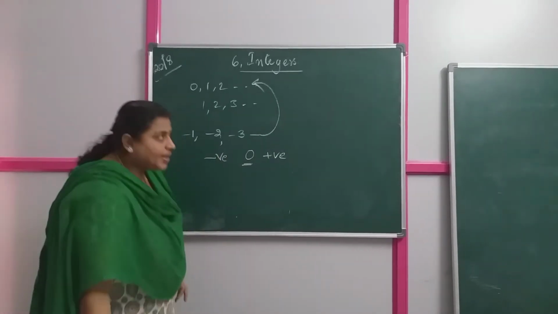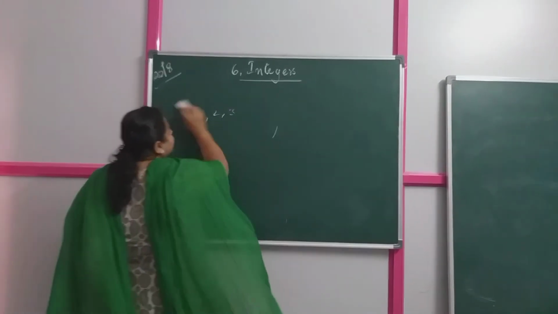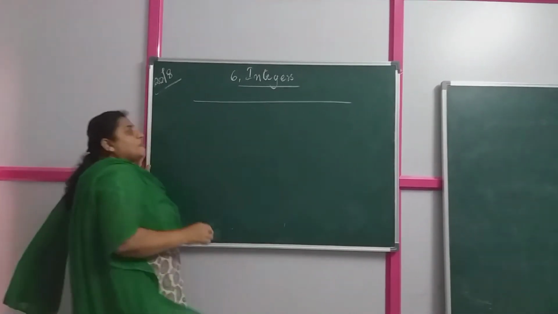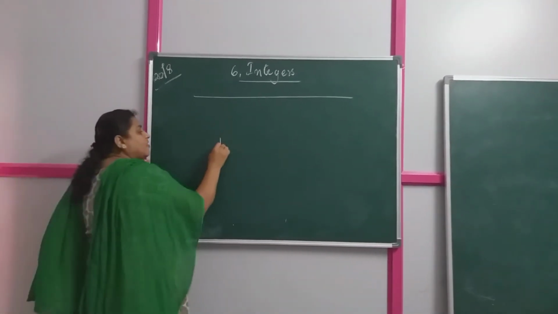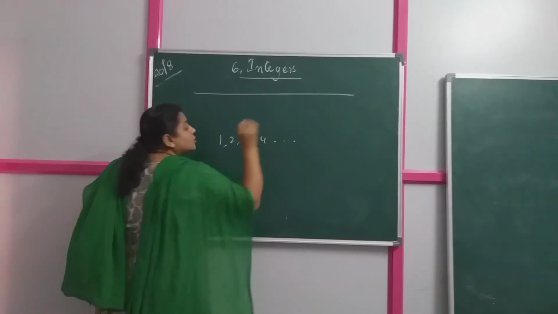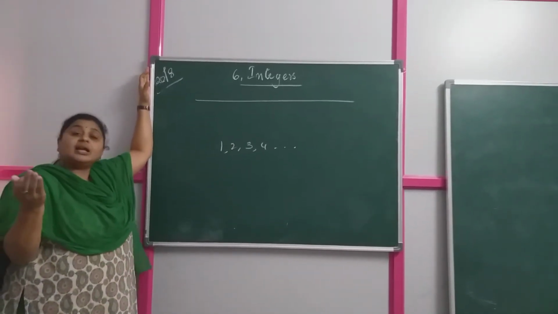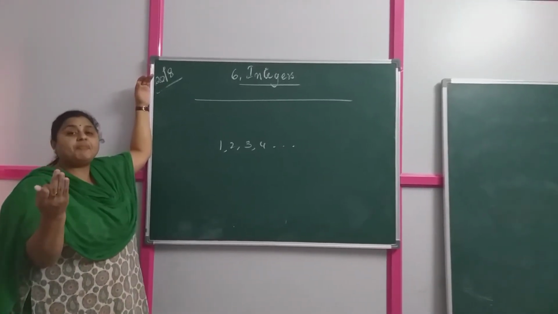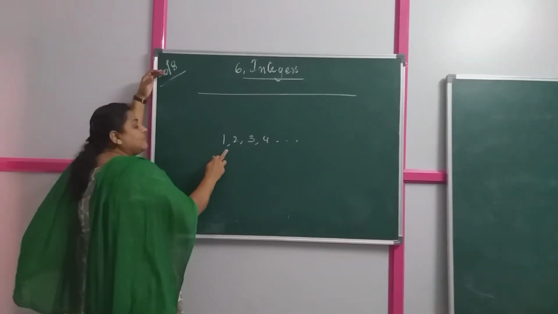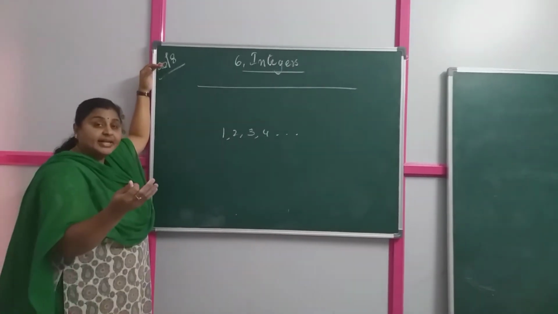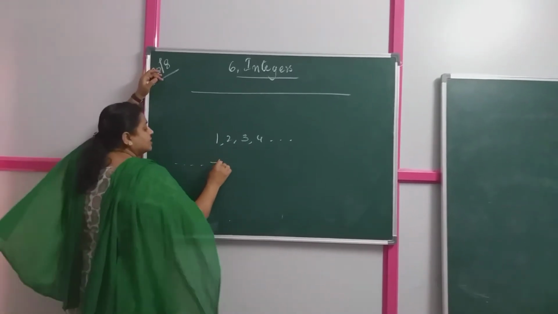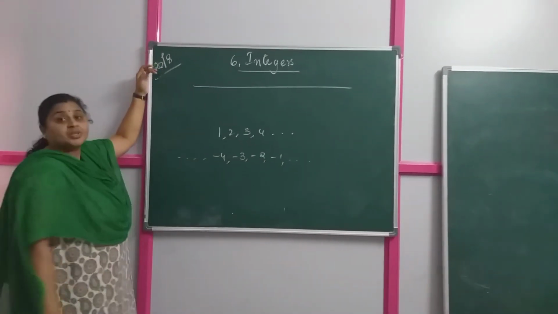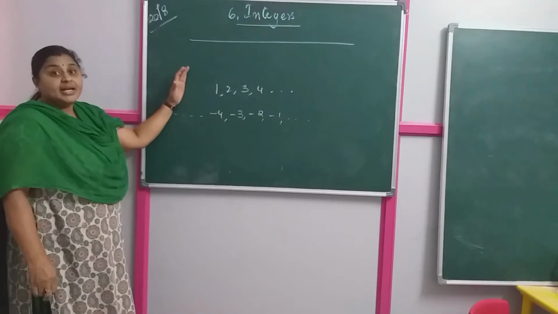Let us see that on the number line. You have the number line idea, children? Yes. Now see. Positive integers will start from 1, 2, 3, 4 and so on. But negative integers are nothing but the opposite. Opposite of positive is negative. Opposite of plus is minus. So here we are writing 1, 2, 3, 4. But for negative integers how do we write? So on, -4, -3, -2, -1 and so on. This is the difference between positive and negative integers.